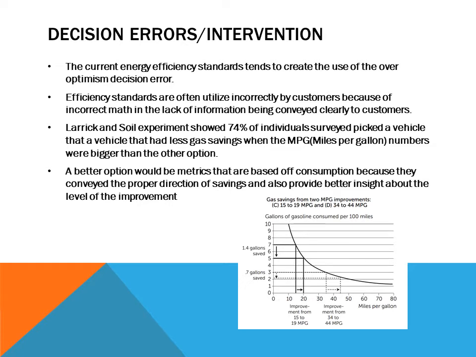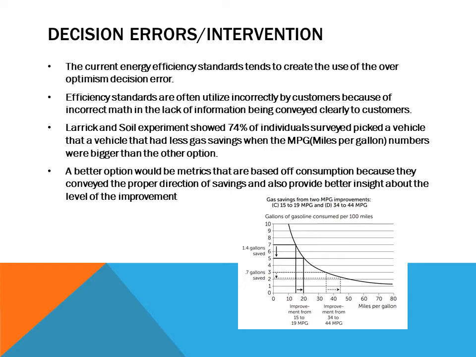The other vehicle had an MPG rating of 34 to 44. 74% of those individuals picked the 34 to 44 mile per gallon vehicle. But when you look at the actual consumption of those vehicles for this experiment,